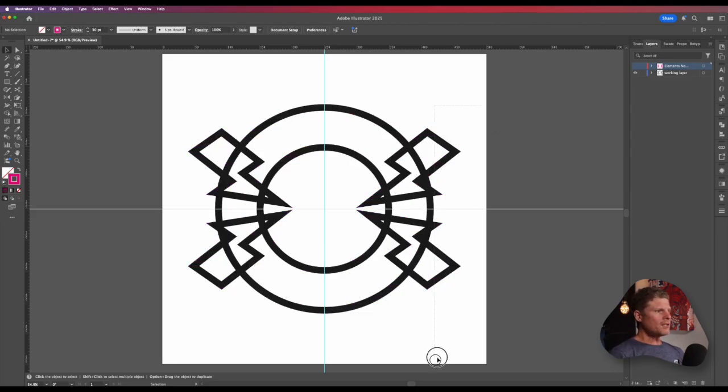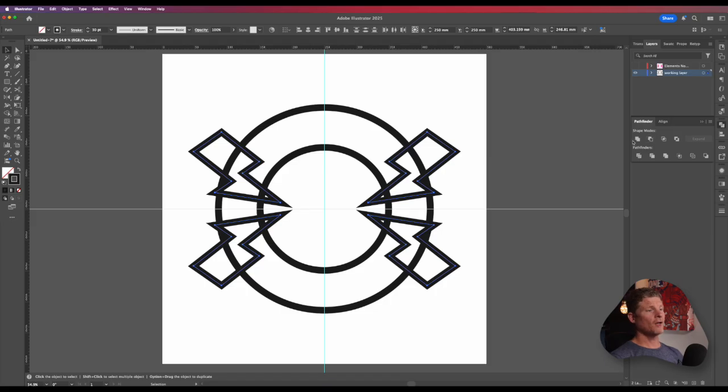Okay, let's select both the lightning bolts this side, get my Pathfinder tool up again, and what are you gonna do? You gotta hold that Alt key. Hold that Alt key. Alt, unite, expand. Okay, now what we're gonna do, same sort of thing, is I'm going to click or select this layer,